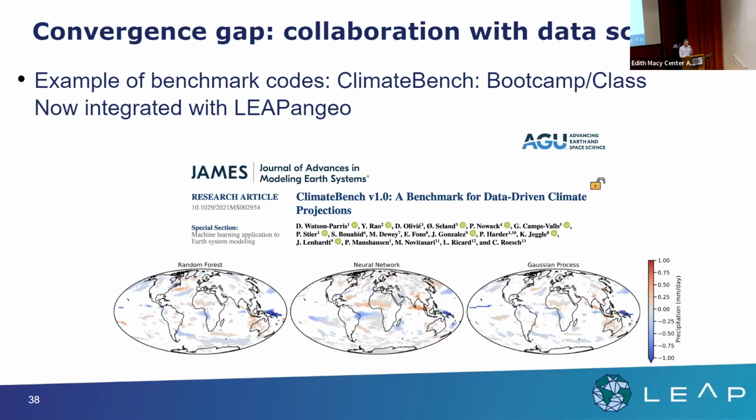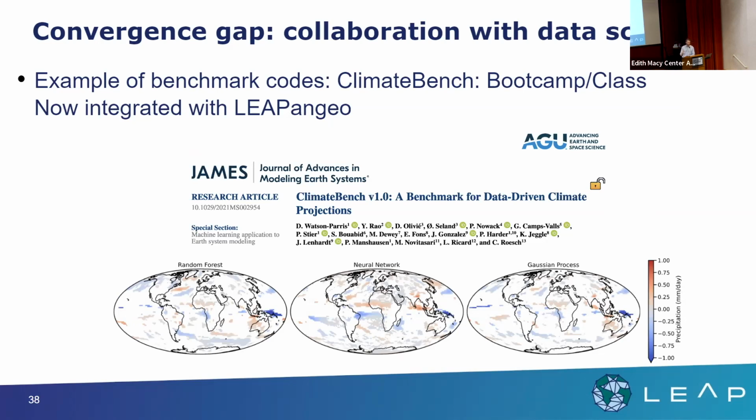That's one thing I've been using in my class, that I found particularly useful: this benchmark data set, which is called Climate Bench. It started as a community of users. Kara has also been involved in a couple of them as well. But that's really lowered the barrier, right? So you have a bunch of benchmark data sets, a bunch of different models that you can use. It's a very well organized and structured data set.